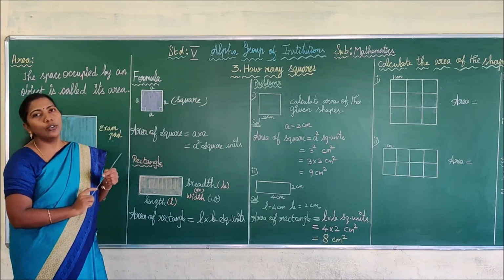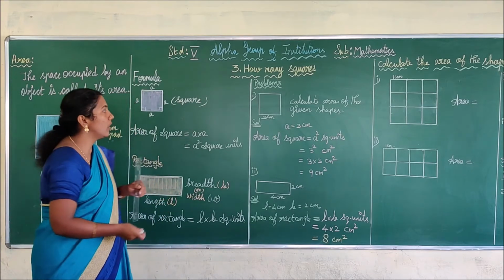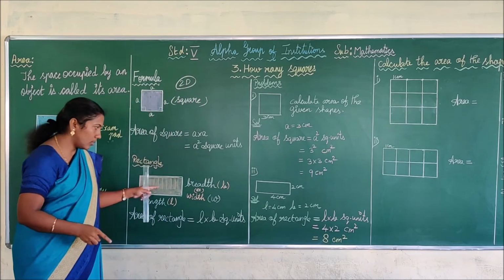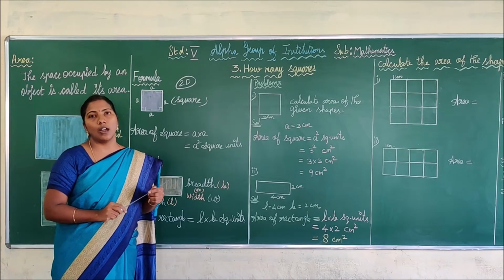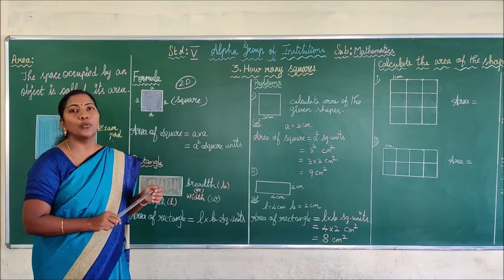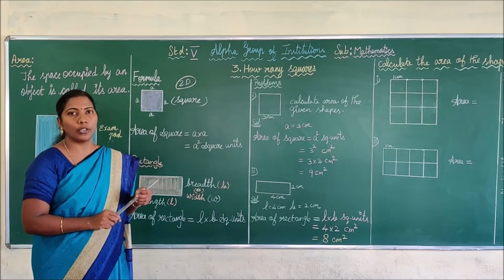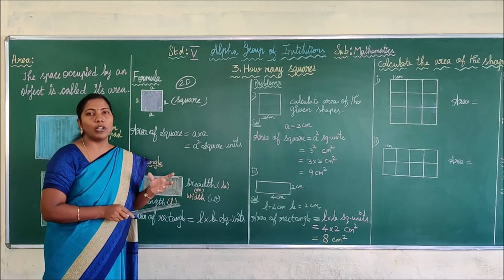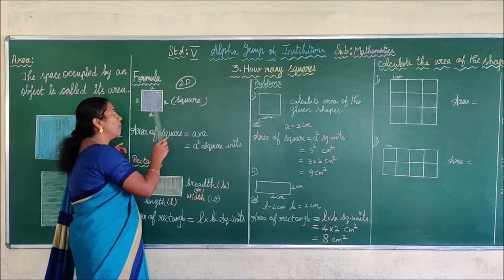Okay. How do we give the formula for calculating the area of a square? Generally, for two-dimensional shapes. Two-dimensional shapes means square, rectangle, circle, triangle, parallelogram. Such shapes are called two-dimensional shapes. Three-dimensional shapes are like cube, cuboid, sphere, ball, like that. They are called three-dimensional shapes. Usually for a two-dimensional shape, the basic formula to calculate the area is length into breadth. You have to multiply its two sides.